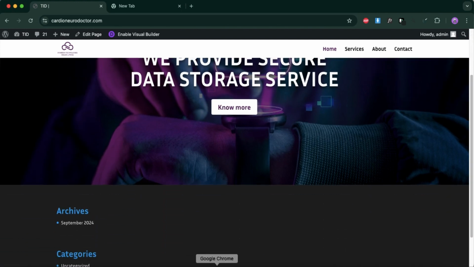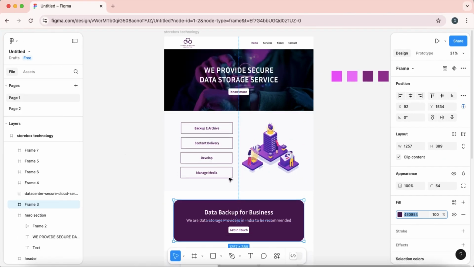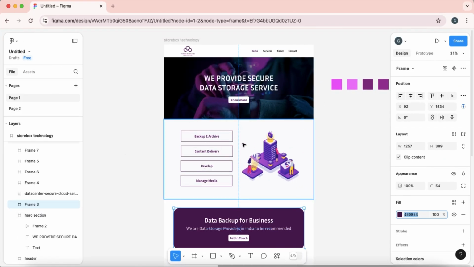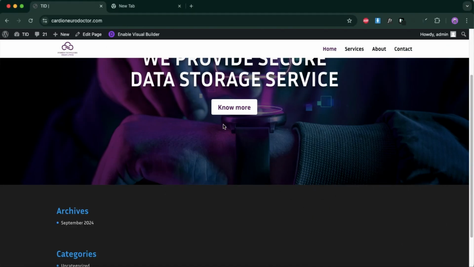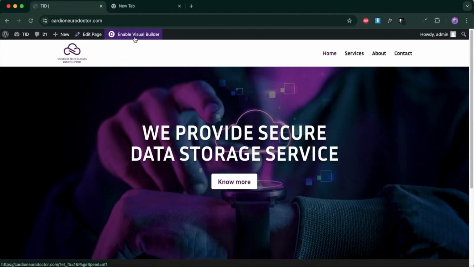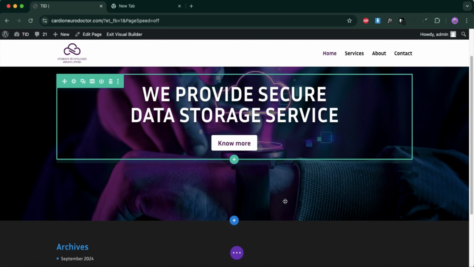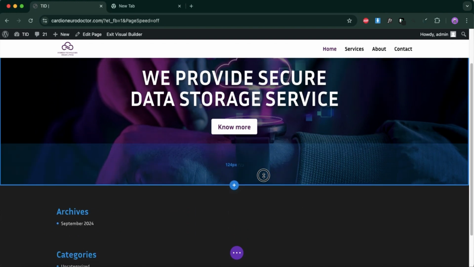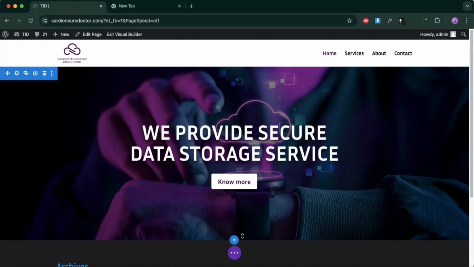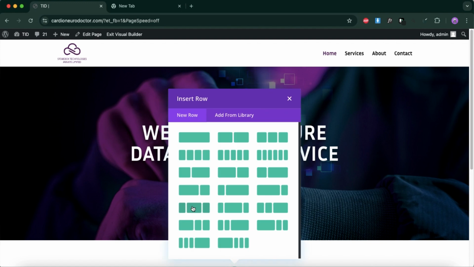And now we'll add more sections to our website. We'll go to the Figma and we'll see the second section is this one, and we'll create the same. But sometimes Figma is a bit different and WordPress is a bit different, and sometimes we need to also add a custom thing, but we are not adding any custom thing. We are using the Divi, and everything that is in Divi we are using that. I am taking a 2-row